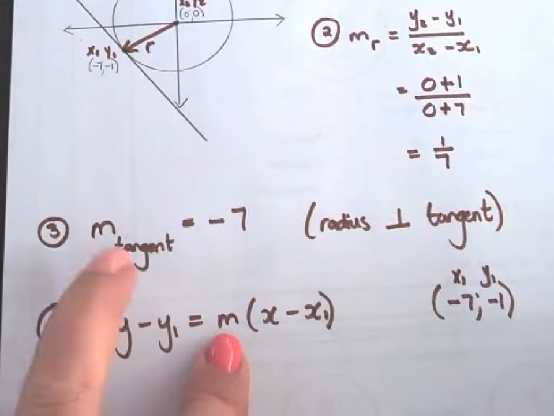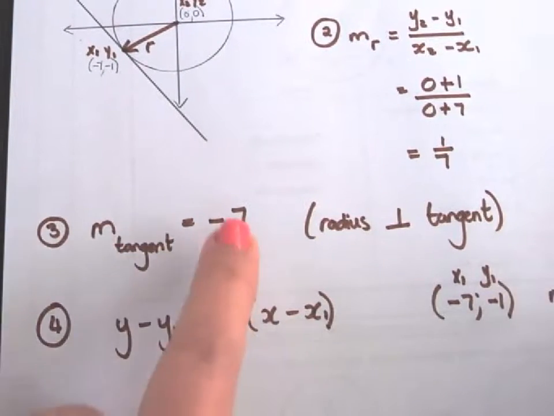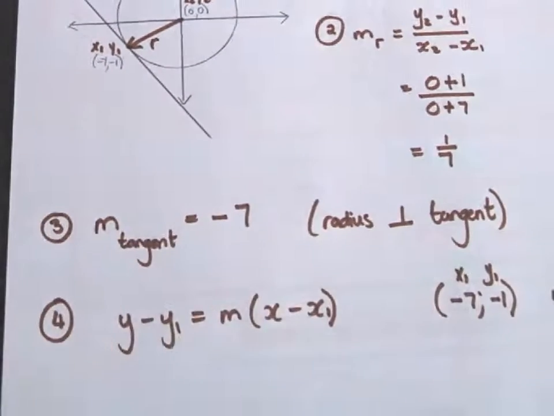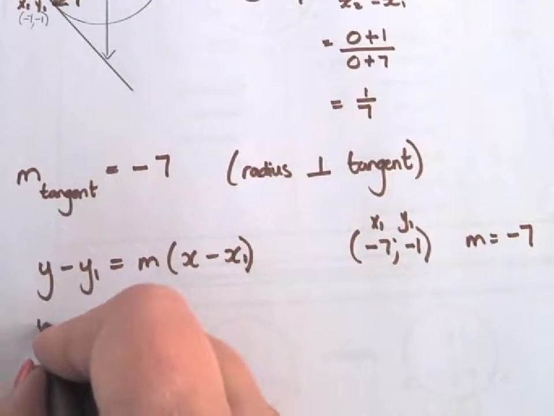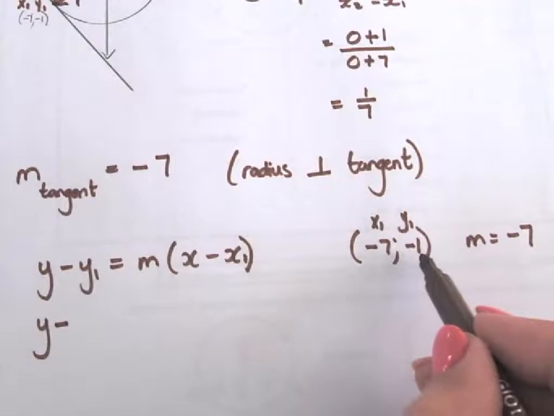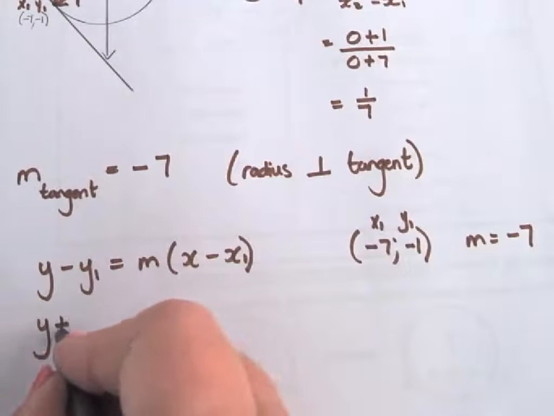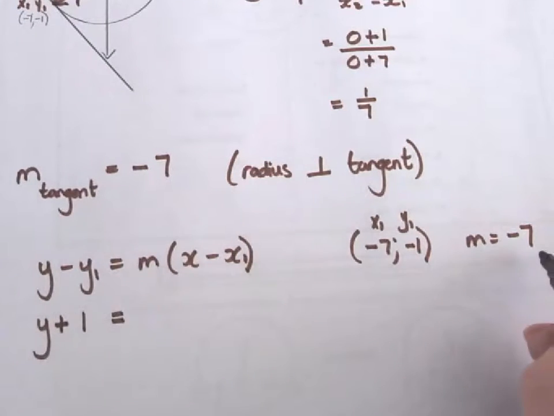And we're going to use the m as -7. Now we just substitute everything. Y minus y1 is -1, so it's a +1, equals m is